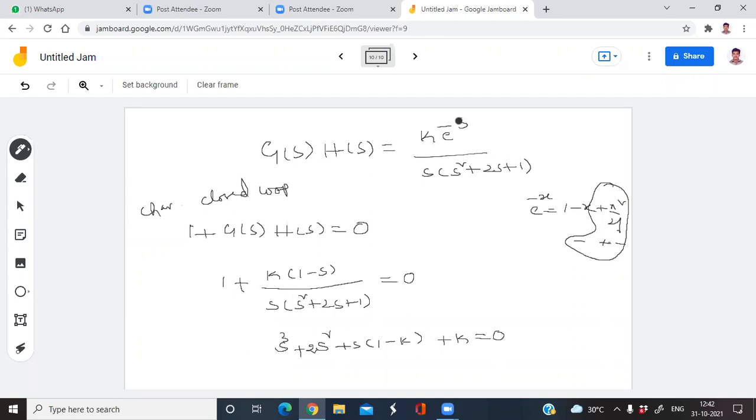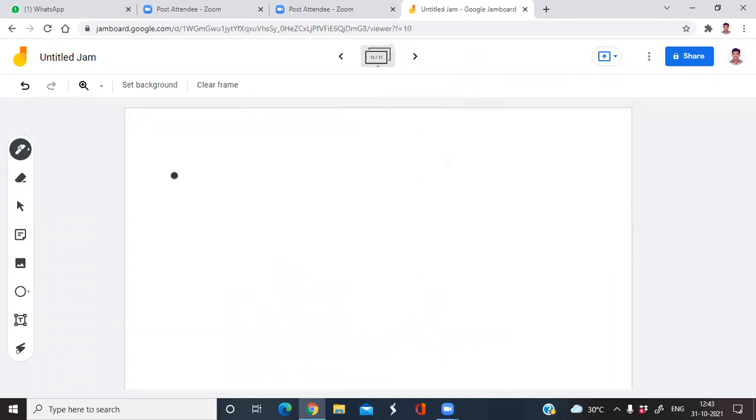Okay, here in this problem, the important point is e power minus s. Look at all the problems. I am saying the different types of problems here. Whenever the question is to find the root, or to find the frequency of oscillation. Whenever the question has e power minus s, you have to substitute 1 minus s. This is the characteristic equation. Now remaining is simple. Just construct a Routh array: s cube, s square, s power 1, s power 0.